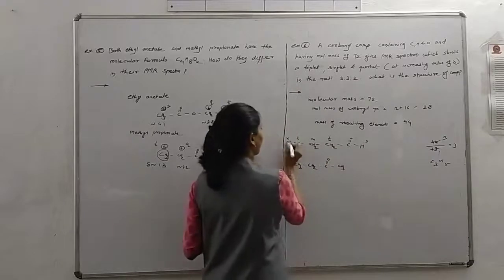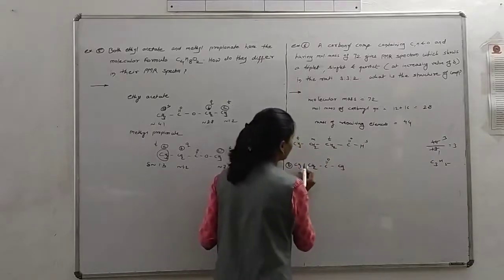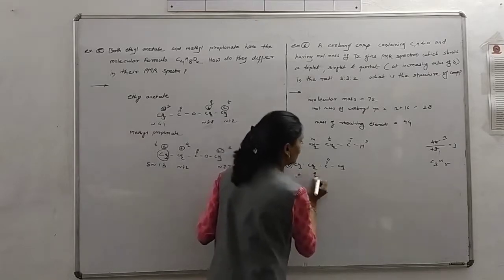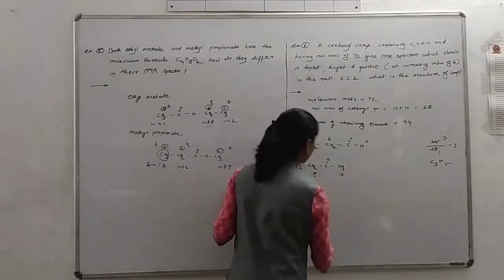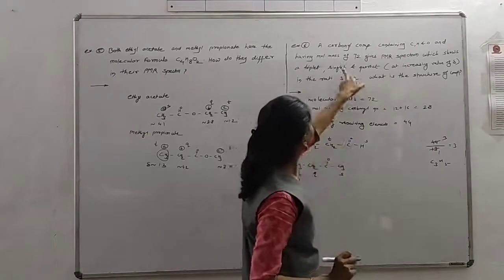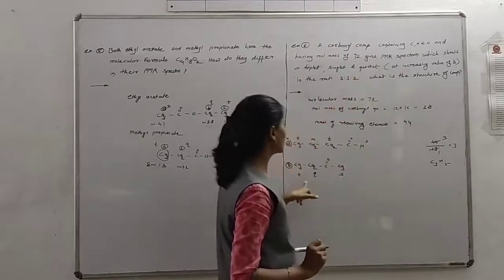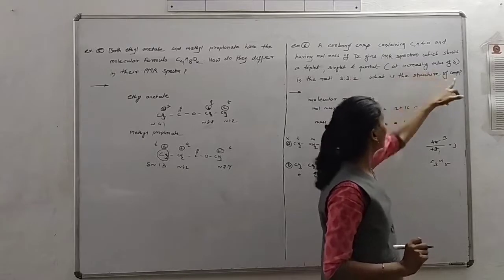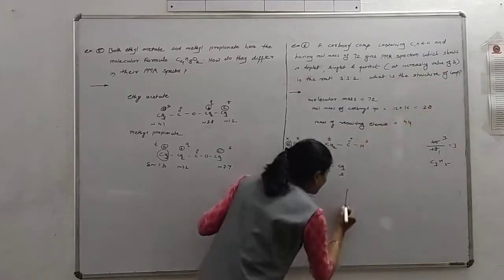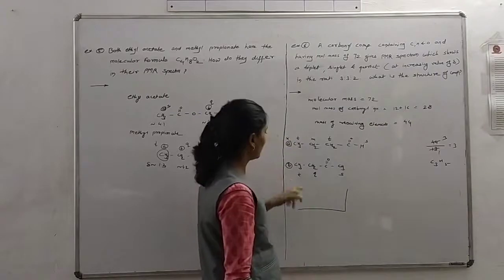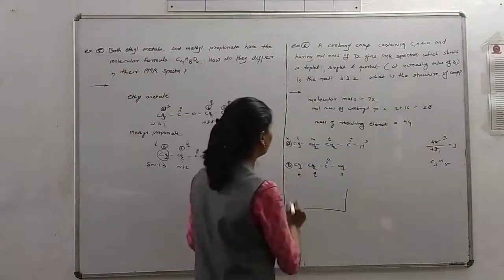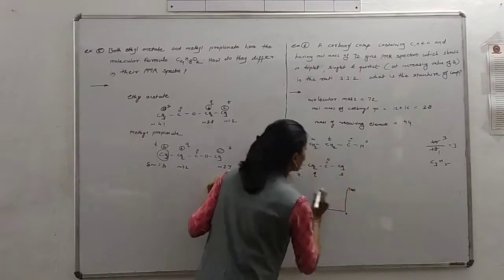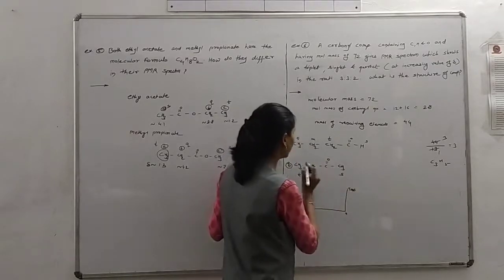Okay. Next one we check. This gives the triplet, this gives the quartet, and this gives the singlet. Triplet, quartet, and singlet. Okay. This is the correct one. And what they said, at increasing value of delta. When we draw the spectrum of compound B, we get the signal like this.